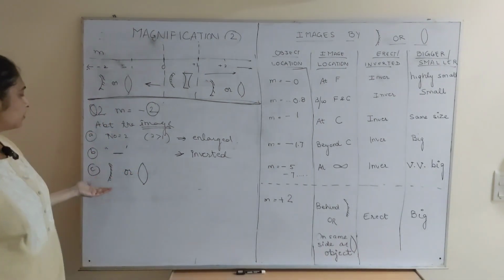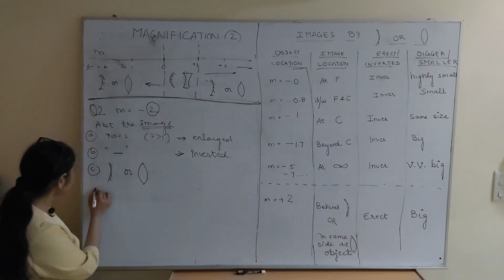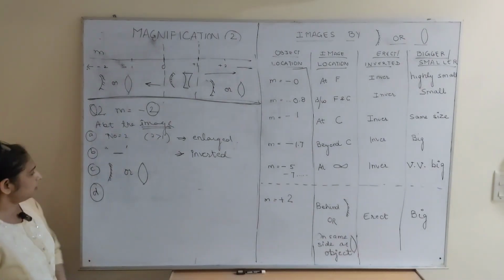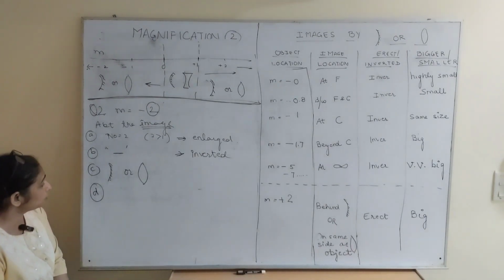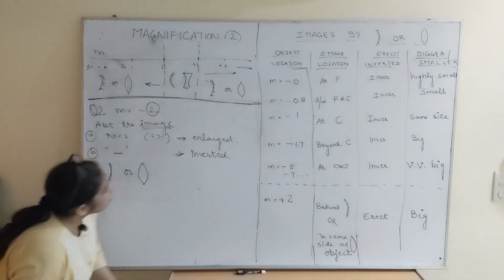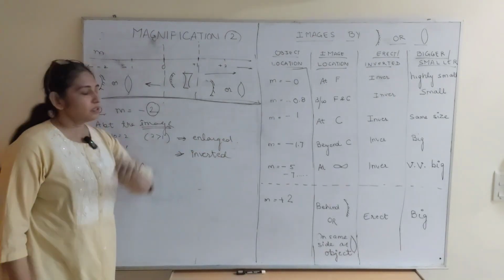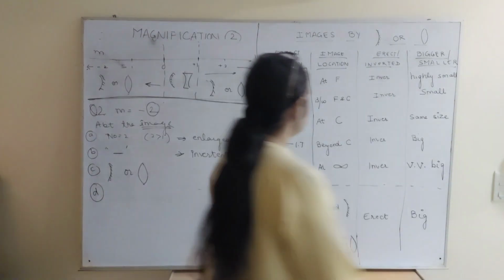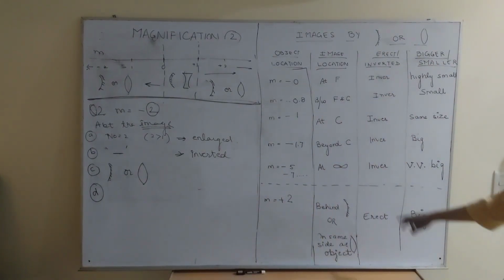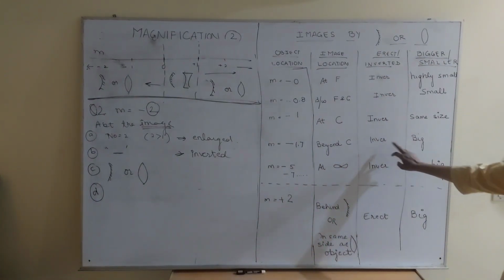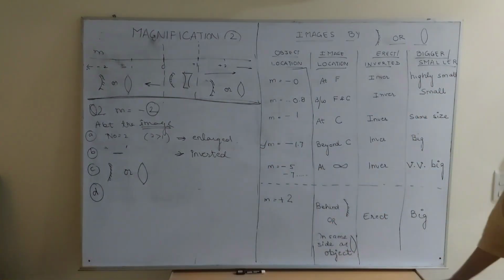It will be either a concave mirror or a convex lens. Okay. Now, what about the image? Where is the image, or where is the object? We saw that the image is enlarged and inverted. Where is the image enlarged and inverted? Inverted and enlarged, so we'll focus on this section.